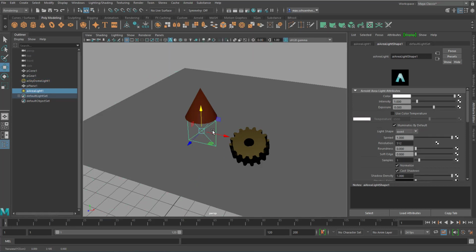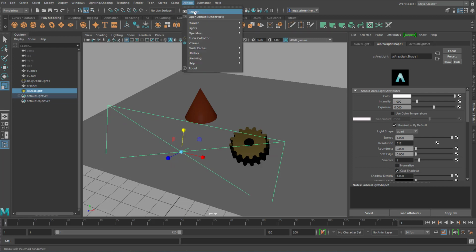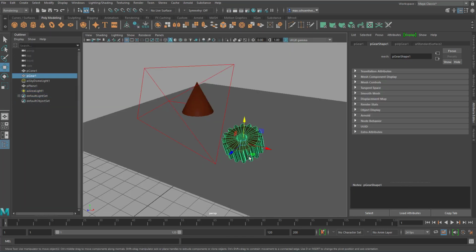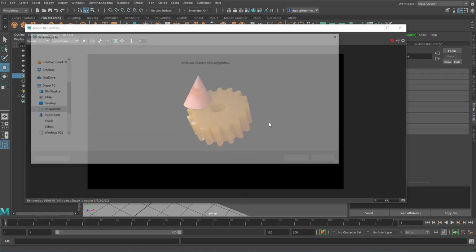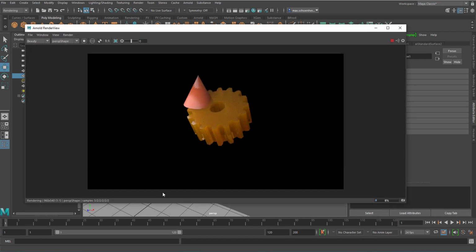You could use a spotlight as well. So it points from this side into the scene. When we render it now, actually we untick normalize, that makes the light much stronger. Now we save this as a multilayer EXR again, call it cone 4 for example,